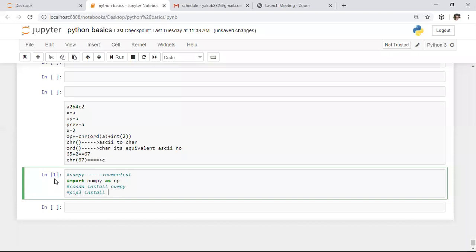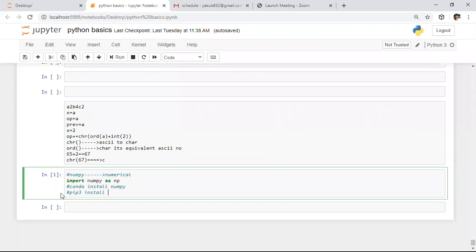Before this, we need to check whether this module exists in your laptop or not. For that purpose, we are checking this condition with this command. So here I'm entering import numpy as np. After executing this portion, if it returns a module not found error, we need to install this module by using this command. If you are using Anaconda, here is the command for Anaconda. You need to open the Anaconda prompt, and in the Anaconda prompt, you need to enter this command.